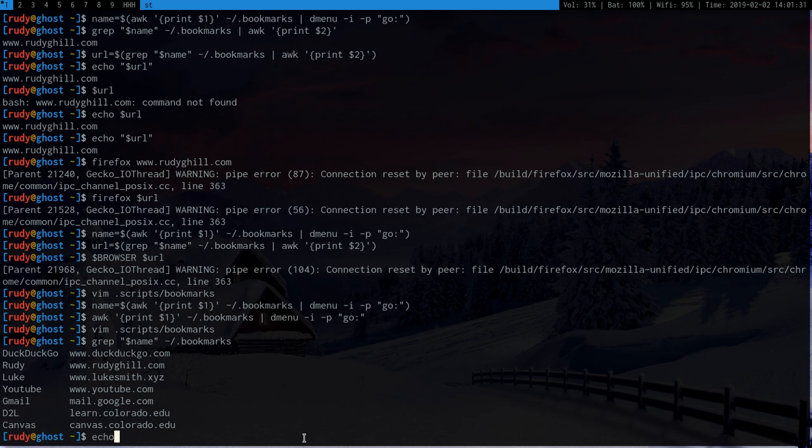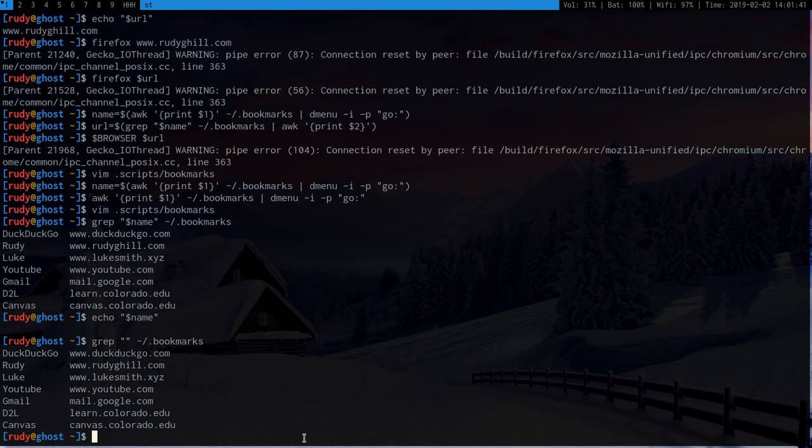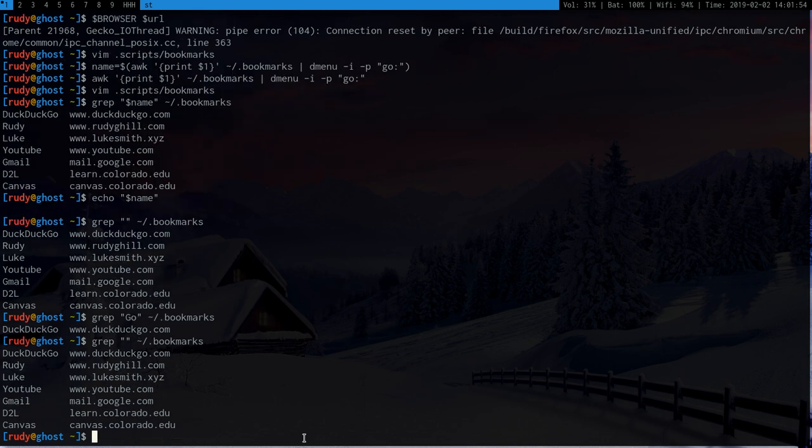if we go echo name. See, there's nothing. To be more sure about its behavior, if you put nothing in grep, there we go, boom, it returns everything. It doesn't filter by anything. So if I were to put, go for DuckDuckGo, it returns that. But if you put nothing into grep, it just returns everything. So then what would happen, I'm not going to show it just because it's really annoying,